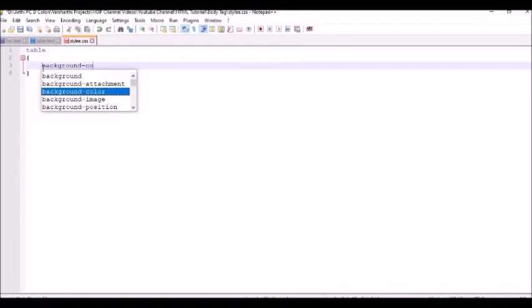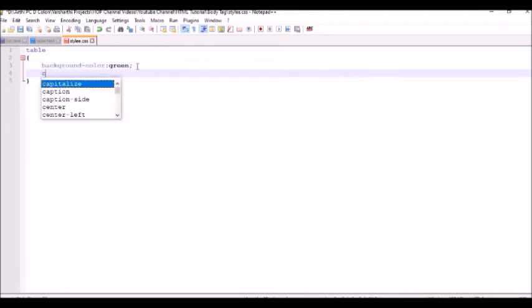For this table I'm going to use the background color as green. Here background color is a CSS property which is used to set the background for your HTML content. Then the color property white.